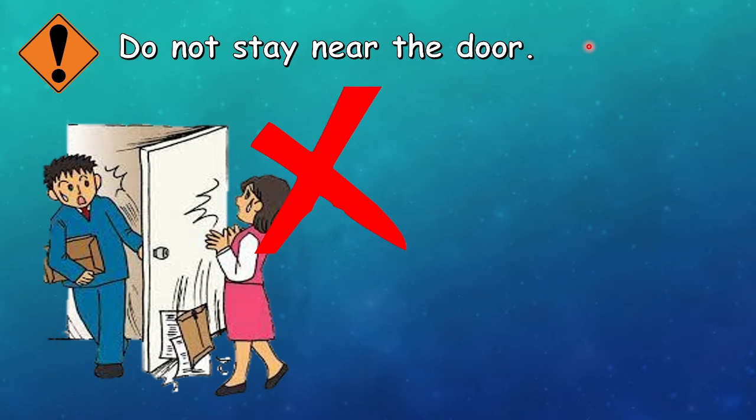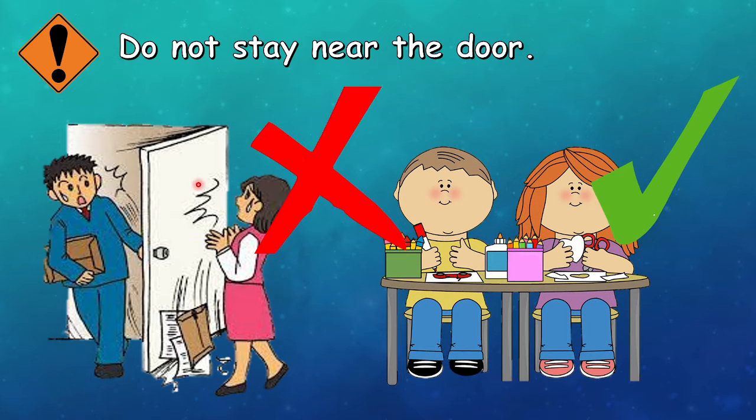Next is do not stay near the door. This one is a common accident too. It happens all the time. When someone is walking, wants to get inside the door, inside the room, and someone is coming out, so they open the door, if they push the door, and then you bump on the door. Or maybe you play with the door or you hold here, not on the doorknob, and you close the door and you smash your fingers. Oh, smash, that is the real pain.